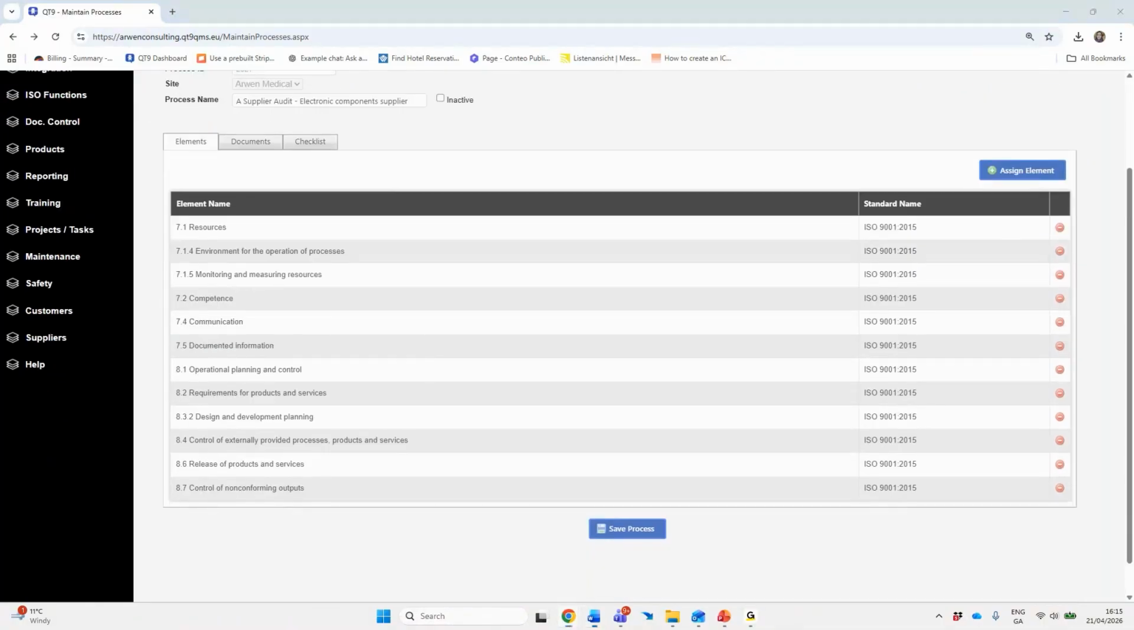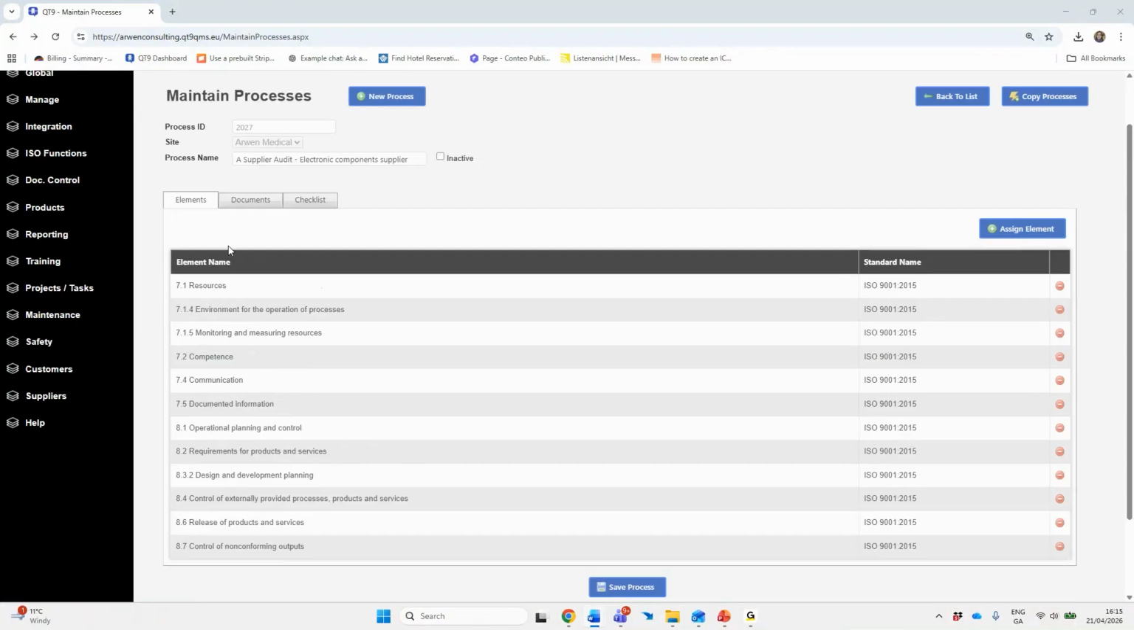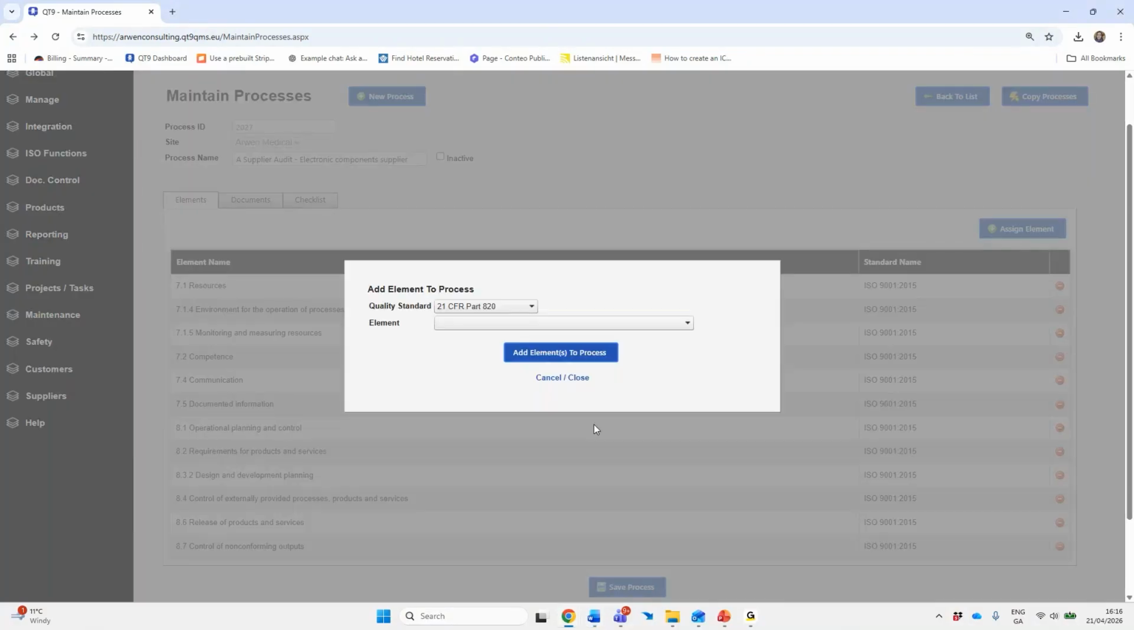So you can look at, so here we have one mandatory tab and 2 optional tabs. So here we have the elements. I just used a few examples from elements 7 and 8 from ISO 9001, as you can see over here, the standard name. But you can, of course, have any standards that you like in this. They're completely customizable. So when I hit assign element, you can see here it's linking to all these quality